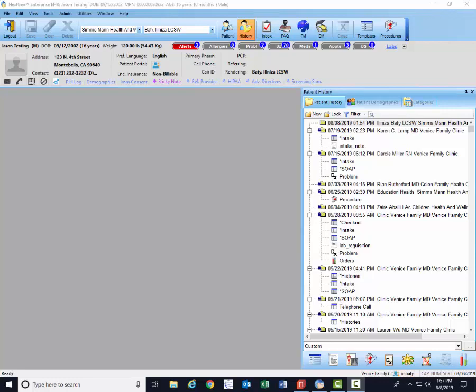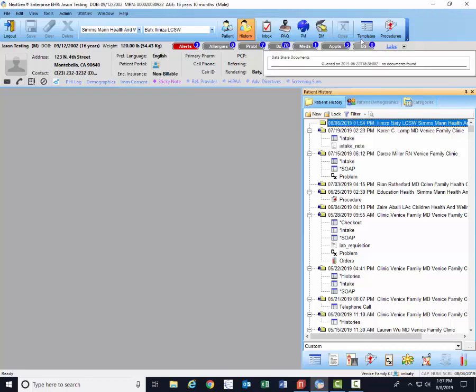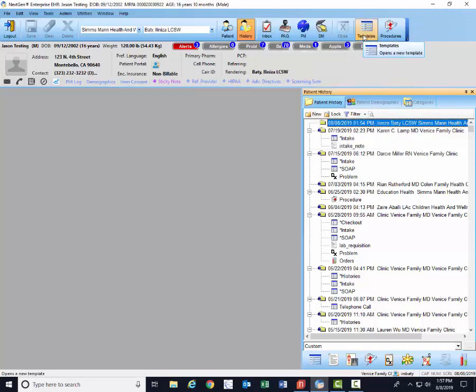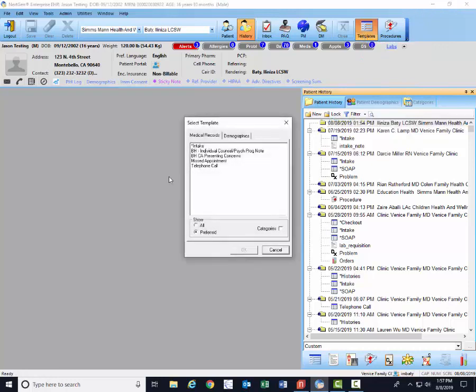This is a demonstration on how to create an individual therapy note for the behavioral health department. First, you choose the encounter for the date you want to create the note. Then you find the template icon on your screen. Choose BH Individual Counseling Psych Prog Note. Click OK,